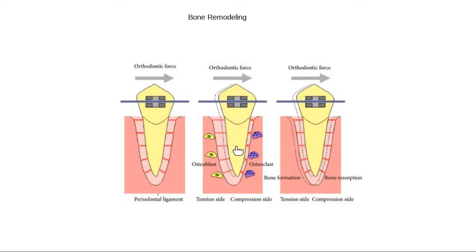This is why, by the way, I always get the student question about retainers. The reason that we have to do retainers is we have to make sure that our osteoblasts build that bone and it's good for us. Because if we just break down the bone and we don't build that bone, these teeth might want to naturally slide backwards. So retainers help us to keep that force in place when we're no longer applying it on the outside or on the top part of the tooth. So orthodontia, osteoblasts, and osteoclasts in action.